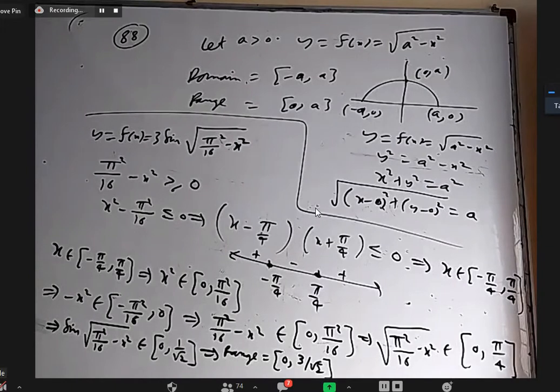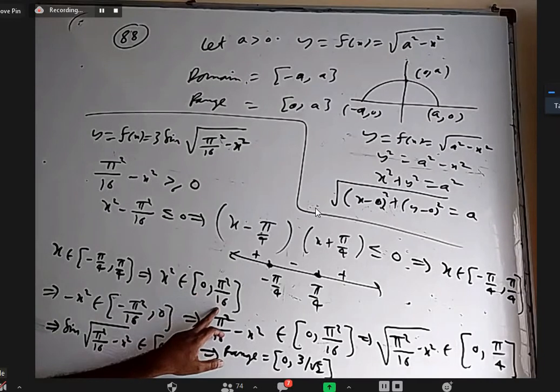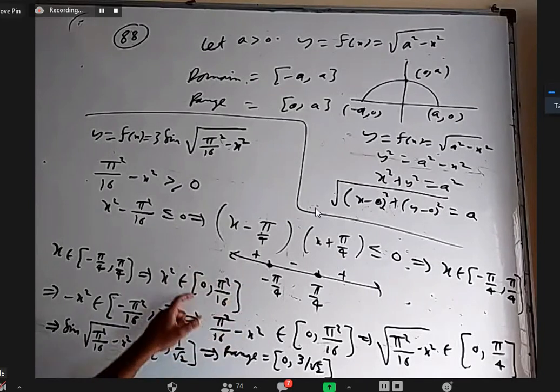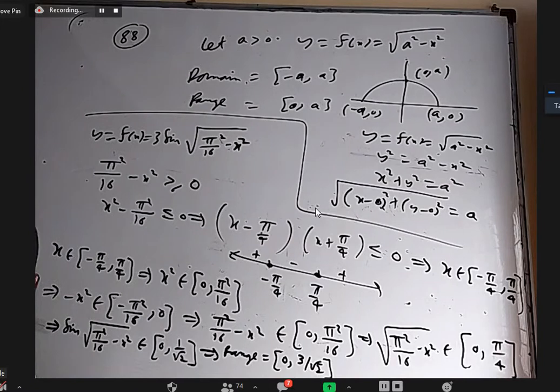Okay, Saket, what is your doubt you said? Last two lines, sir. Okay, from here to here, do you have any objection? Yes, sir, from there on. If x square is between 0 to pi square by 16, and you multiply all of them with minus, if something is between 0 to 5, negative of that will be between what to what? Minus pi square by 16 to 0, sir. Okay, so from here to here, fine to you.